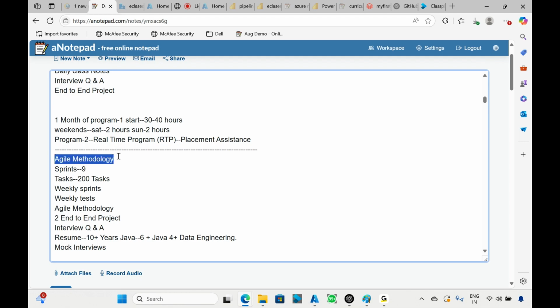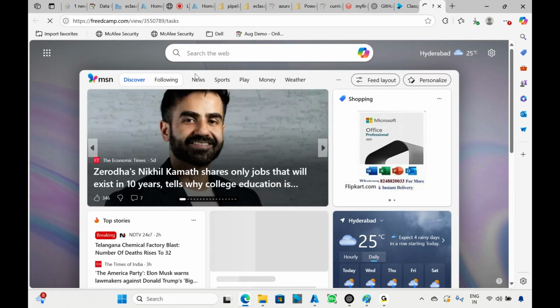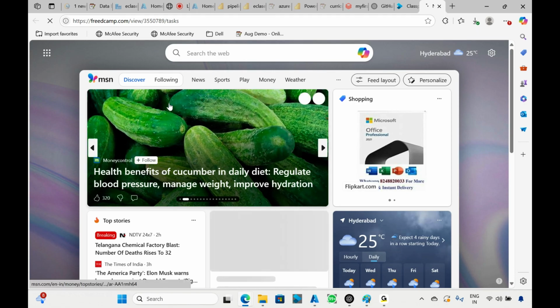In real time, when you join a company like TCS or any other company, how are the projects executed? To build more confidence in scenario-based work, we are going to give sprint-wise tasks over here. This is a tool where we are going to provide all the